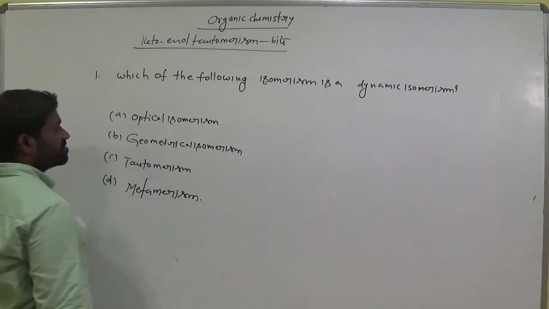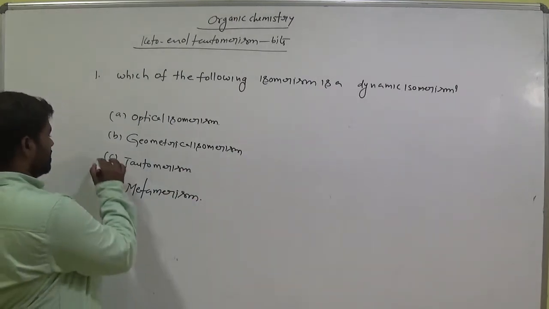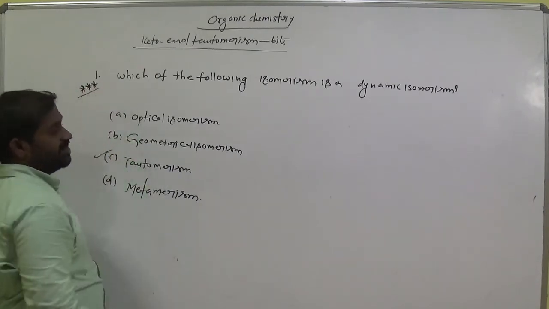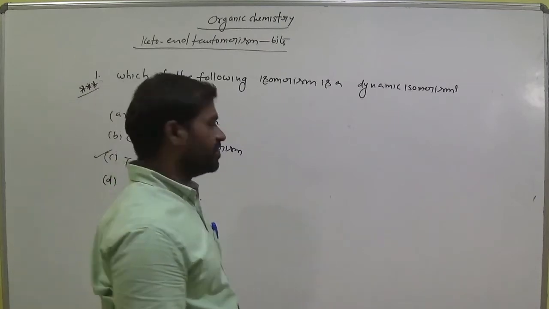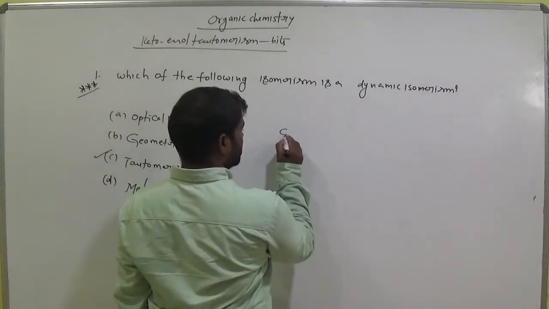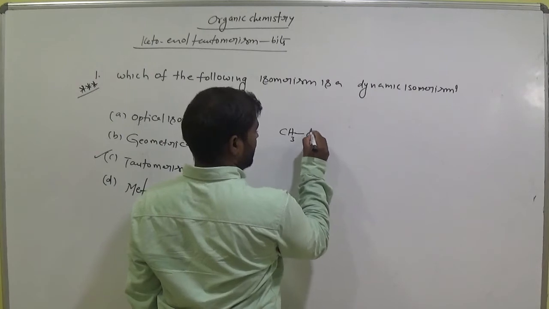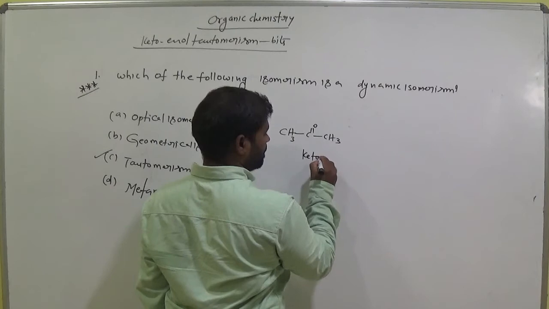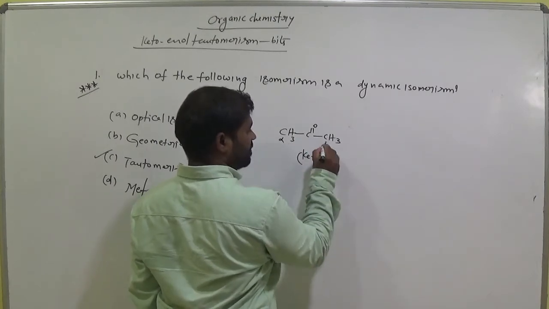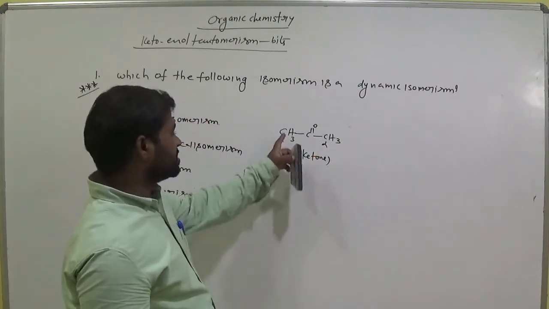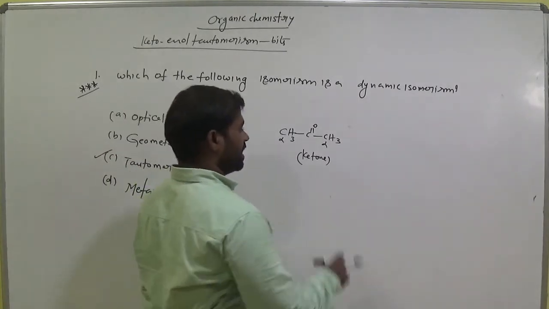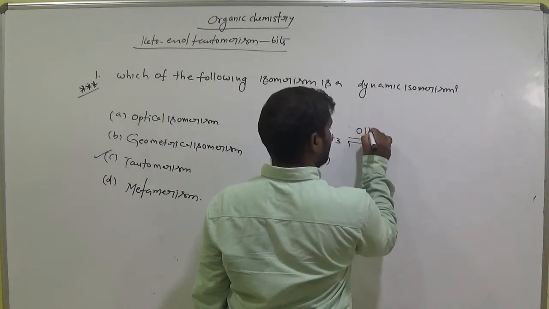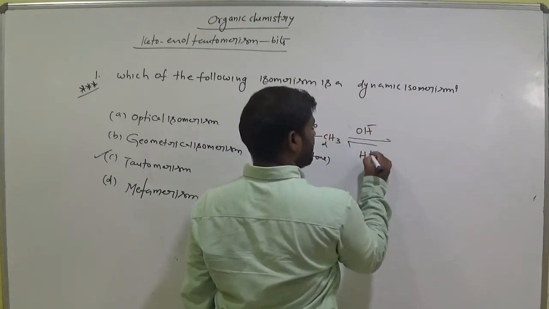Metamerism. So which one is the dynamic equilibrium? This is a very important bit also. Dynamic isomerism, or dynamic equilibrium. So why? What is keto-enol tautomerism? CH3, C double bond O, CH3. It is a ketone. These are the alpha carbons, you know very well. So at least one alpha hydrogen on an alpha carbon, and it is a keto compound. It undergoes keto-enol tautomerism either in the presence of base or H plus.